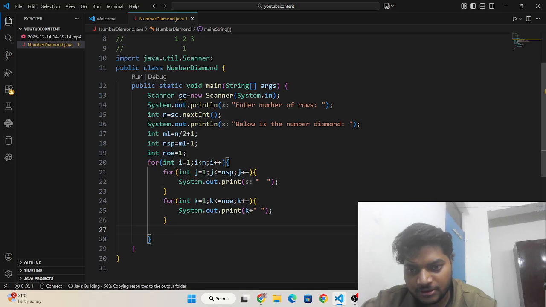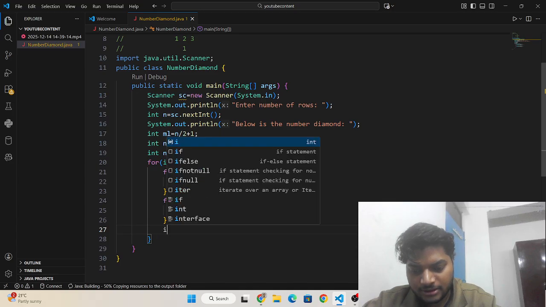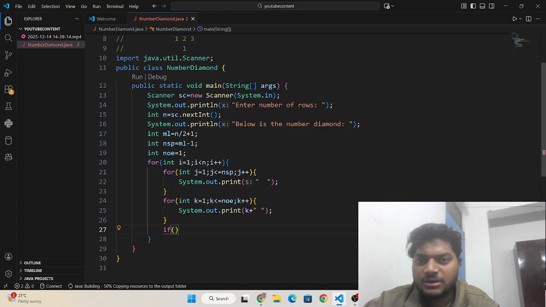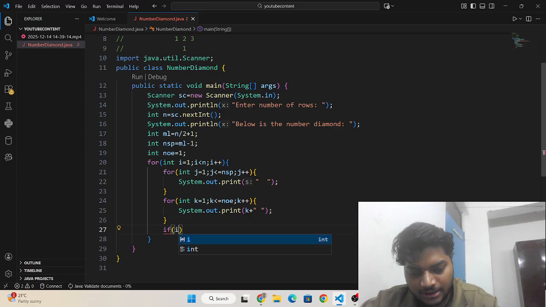and then I need to write here another thing. Now I need to write here an if else condition. If I is less than or equal to ml, not less than or equal to, it is only less than ml.